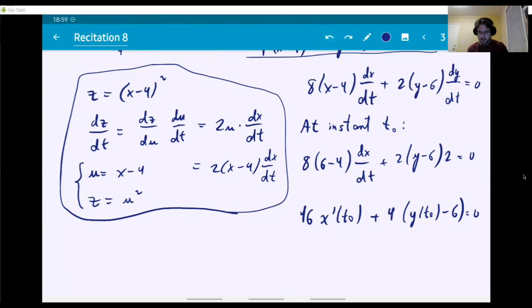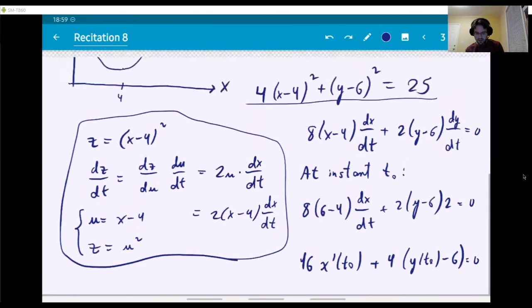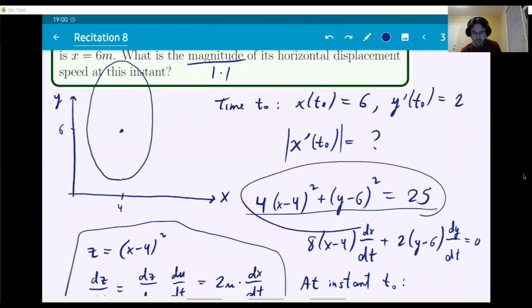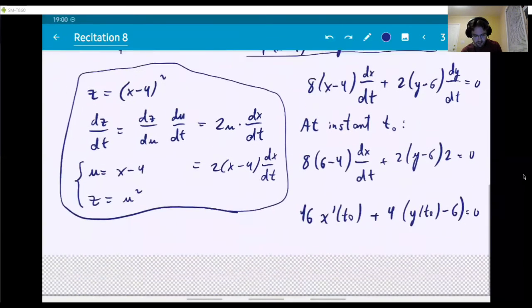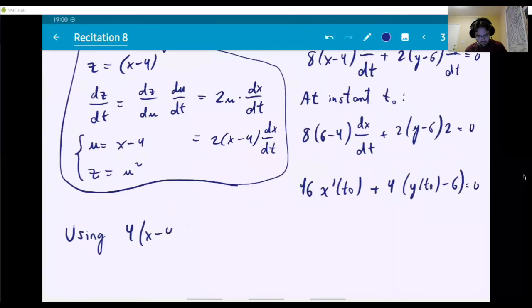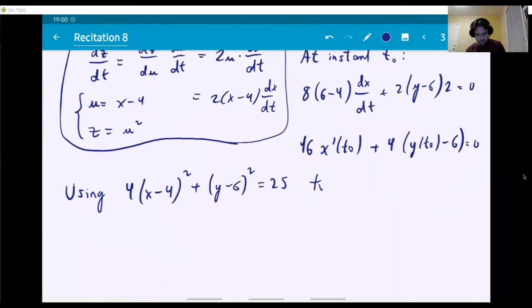Nobody gave us a y at that instant. They just gave us x. So we need to find this y somehow. But, well, there is a relationship between x and y. It is right here. At all instants, this is valid. So we can use that equation, the original one, to find the value of y. Let's actually do that. The equation was, once again, (x - 4)² plus (y - 6)². This is the original equation between x and y. Using this to find